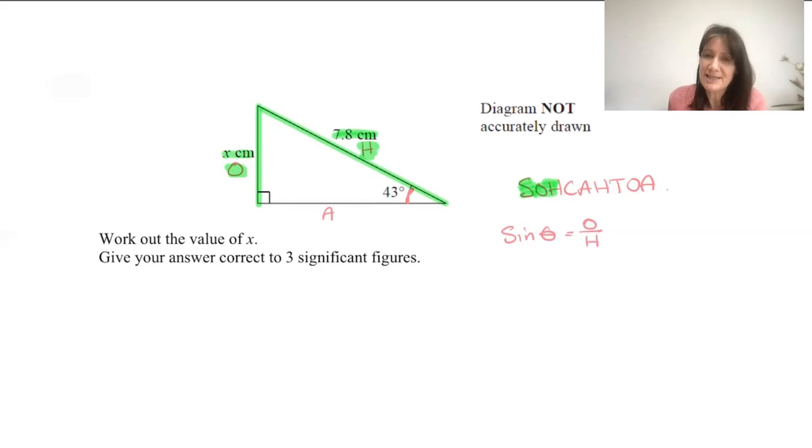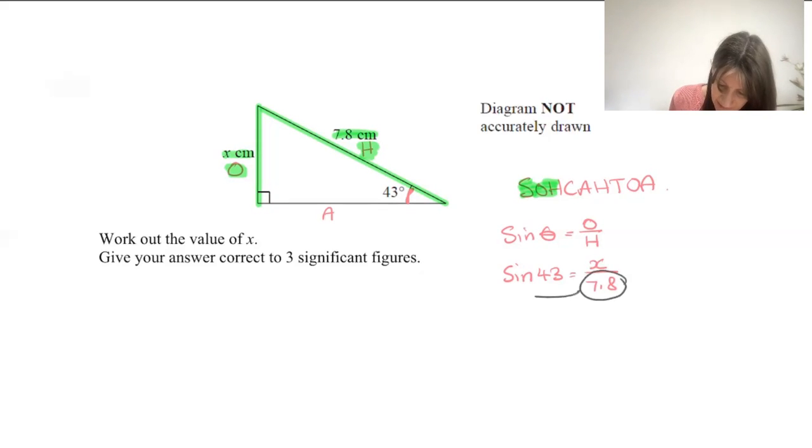I really recommend writing everything out so you don't make any silly mistakes along the way. The theta is literally just meaning the angle in the question. And now you go to your diagram and you fill as much information from the diagram into the formula. So I'm looking for my angle, it's there, it's 43 degrees. My O is x, my H is 7.8. Now, if I want to know what x equals, I've got to get it on its own. So I'm going to pick up the divide by 7.8 and it's going to land as times. So I would put 7.8 times sine 43 into my calculator and I would get